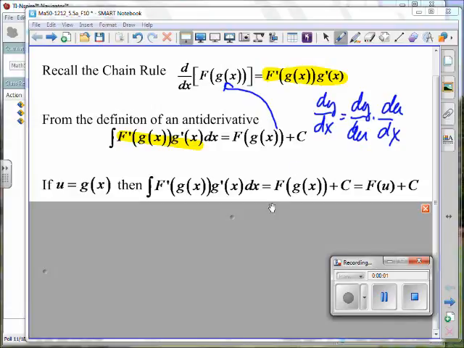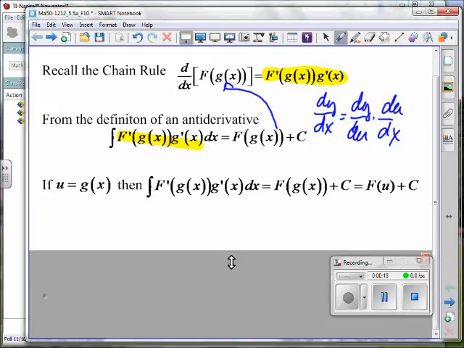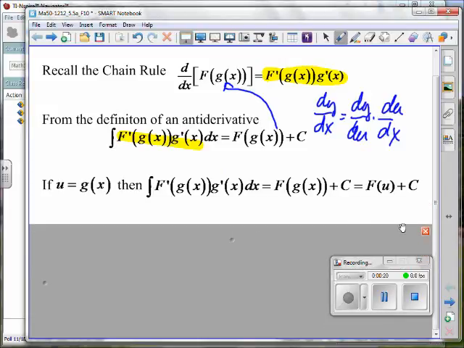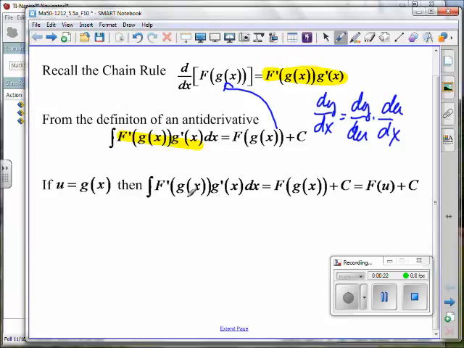Looking at the chain rules, we're just going to do the same thing. We're going to let the inside function be represented by u. Then the integral of that derivative, let me pull this down here a little bit. The integral of that derivative, then, we could actually put a u in here and then have a du dx